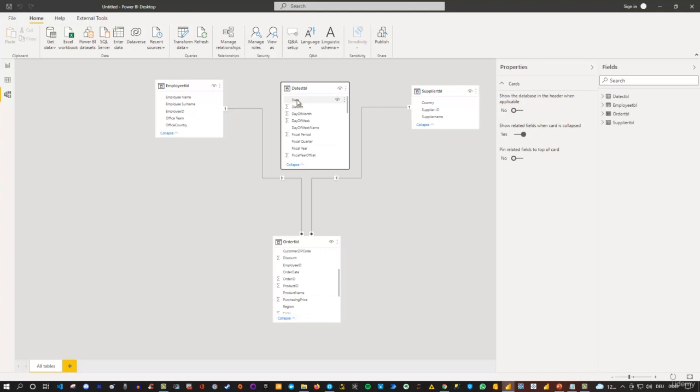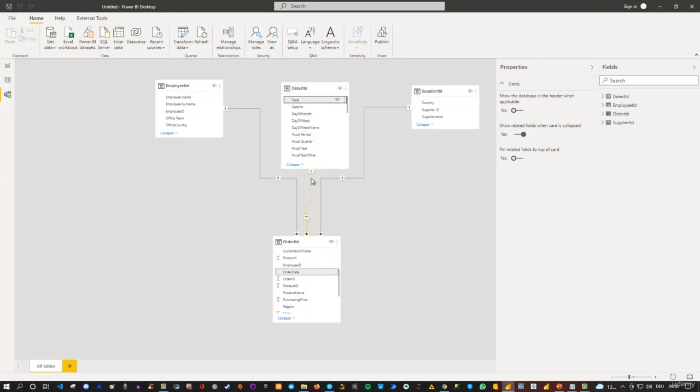We'll do this from the date to the order date, because for the ship date, there are a few dates missing, simply because there is no ship date in the dataset yet, as the order has not been shipped yet. That's why I will go with the order date. So I will use my date here, and I drag this onto the order date, like that. Drag and drop, and you'll see that now the connection is established, and it is a one-to-many relationship,